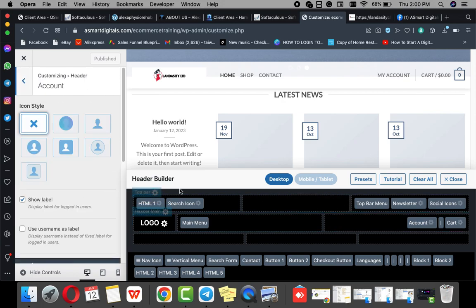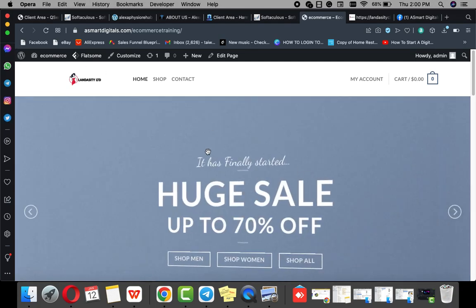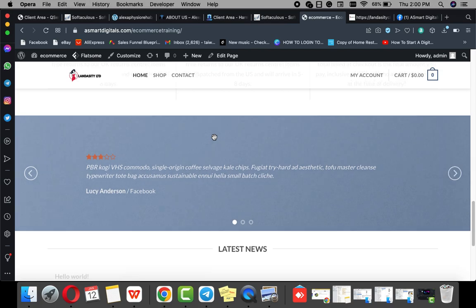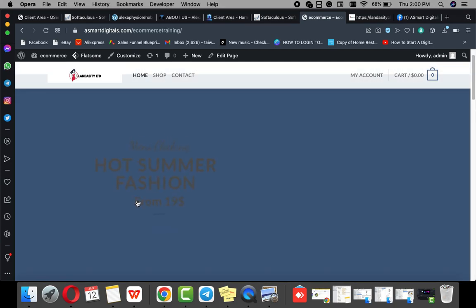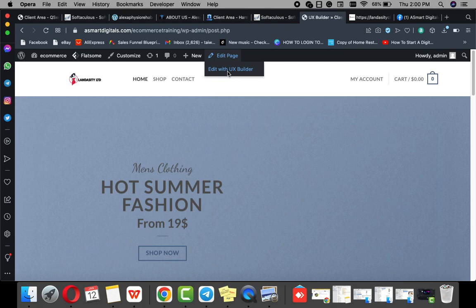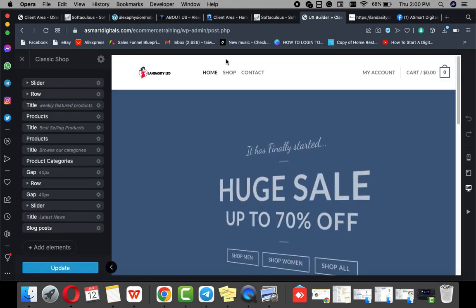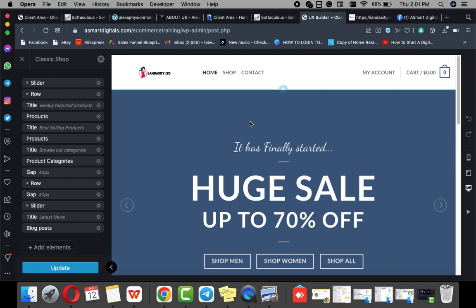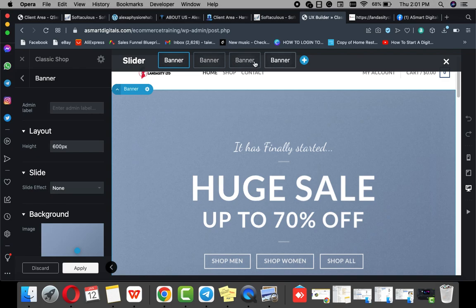Let me check account setting. Go back. Okay, let me close it. Okay, let me go and change the slider. This footer now is gone, but we need to change this. We are still going to change it. Edit, then click on edit with UX Builder. This slider, let me click on it. It has 1, 2, 3, 4. It has 4 banners,